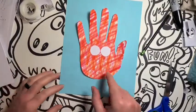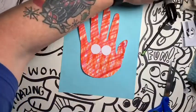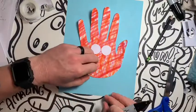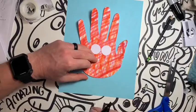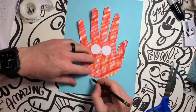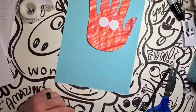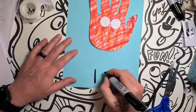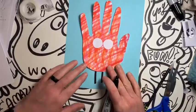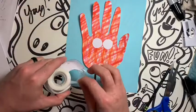So what you're going to do is once you get these down, I want you to put your hand in place. And I want you to take a marker and lift up one of these things. Or if you want a good, easy way to do this, if I draw a little line here, it shows me where that edge of that hand is. And I want you just to draw the number 11 and then put that right over top of it. Okay? And then let's tape